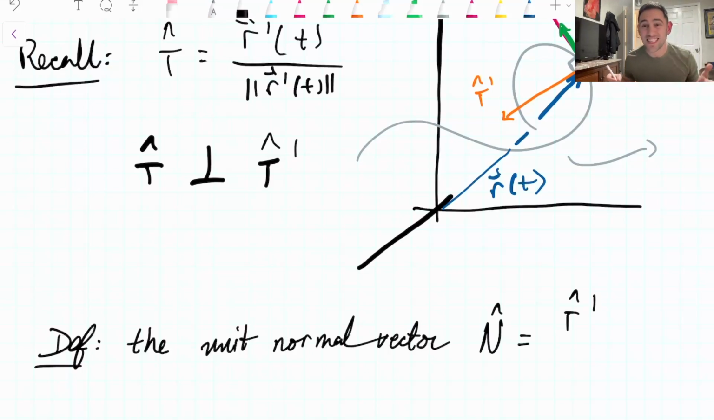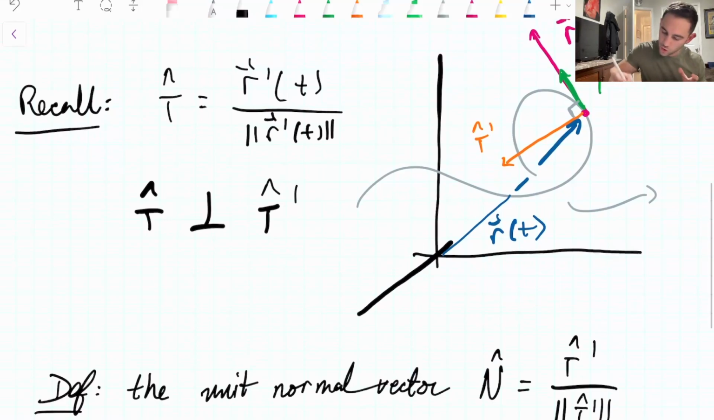But of course, I can't expect t hat prime to be a unit vector. T hat could be changing really quickly. It could be changing really slowly. So the magnitude of that change might not be unit. So I need to normalize this vector. So if I normalize t hat prime, which I know to be orthogonal to t hat, then I will have n hat, which is the unit normal vector, and I will add that to our picture now